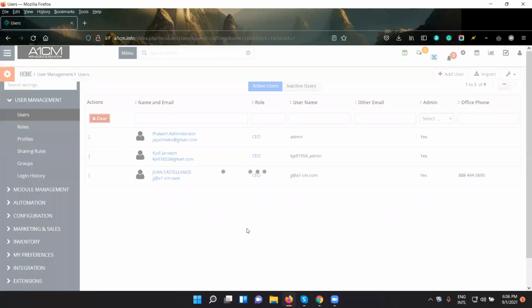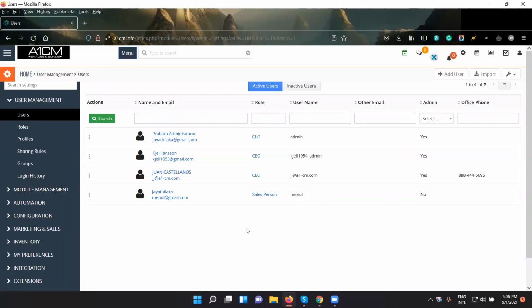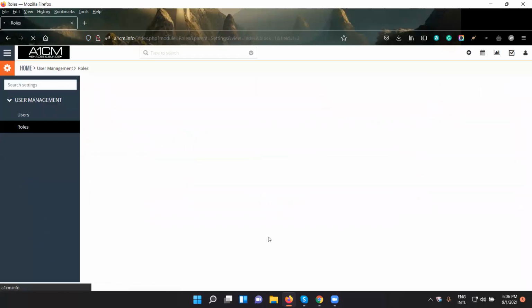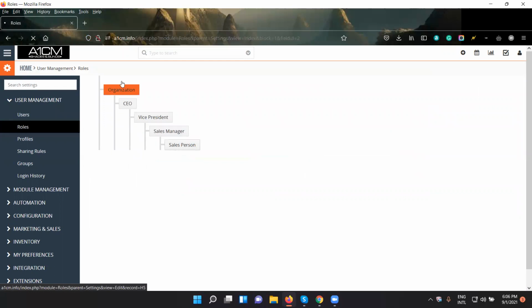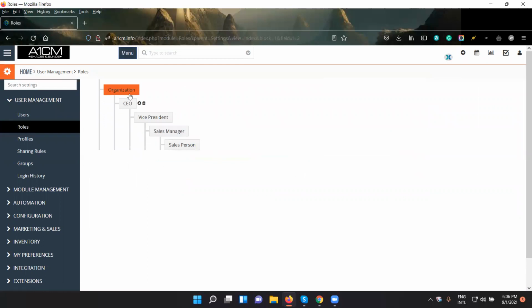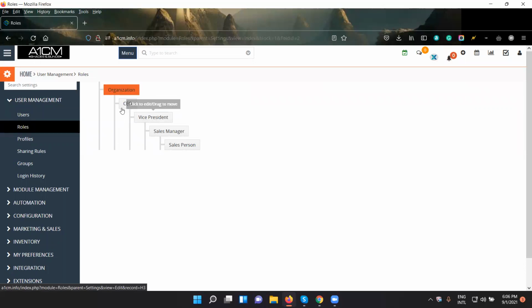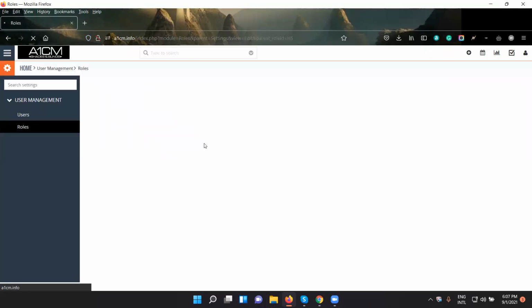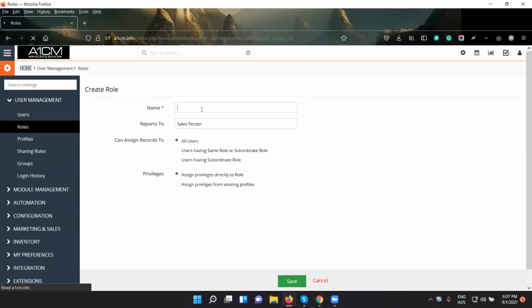Okay, so the next section, the roles. This is your organization hierarchy: CEO, vice president, sales manager, and salesperson. If you have a different hierarchy, you can add it here. If you want to rename those, you can do that as well, or you can add or delete another section. Let's say